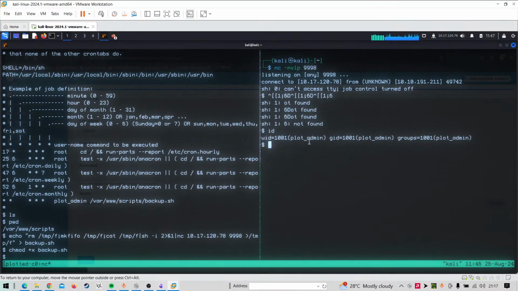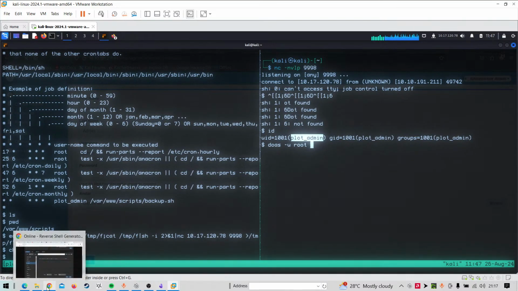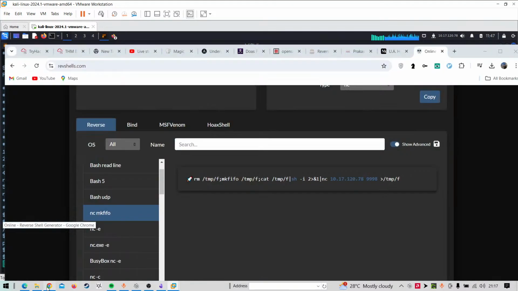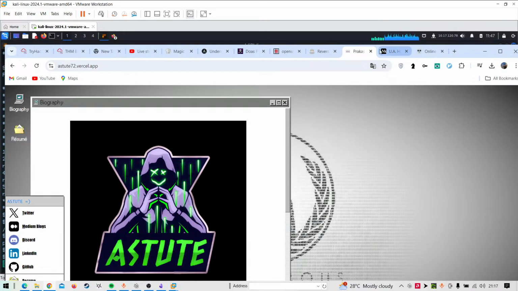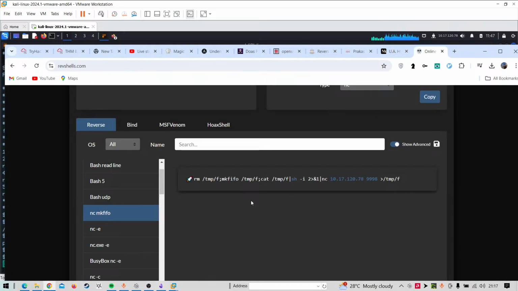We can see we have a DOS, so let's use -u and root, and since we know it's OpenSSL, what is that?